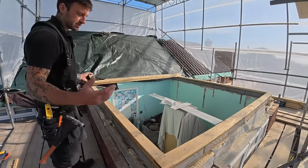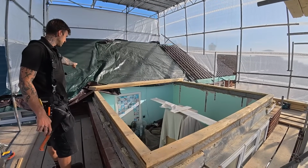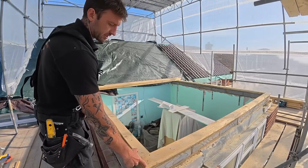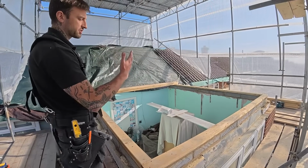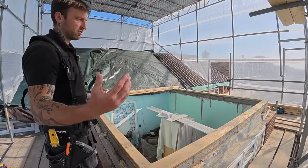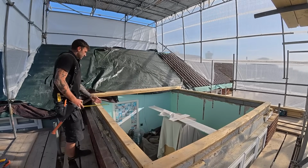This building is slightly out of parallel from the existing roof, so it's about 30mm longer from that plate to this edge here than it is that end. So the hips will be marginally off 45 degrees, but you won't notice it. If it was more than that, you may do. So anyway, that'll be our